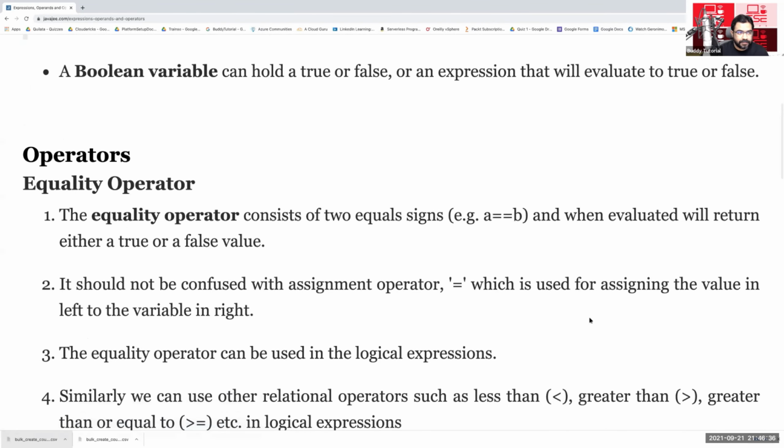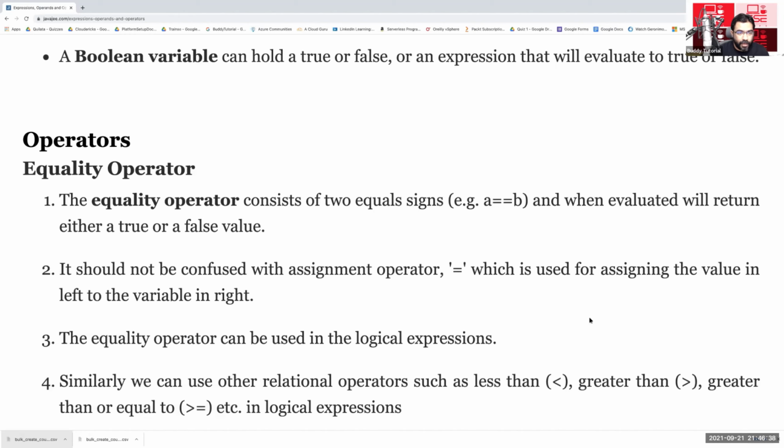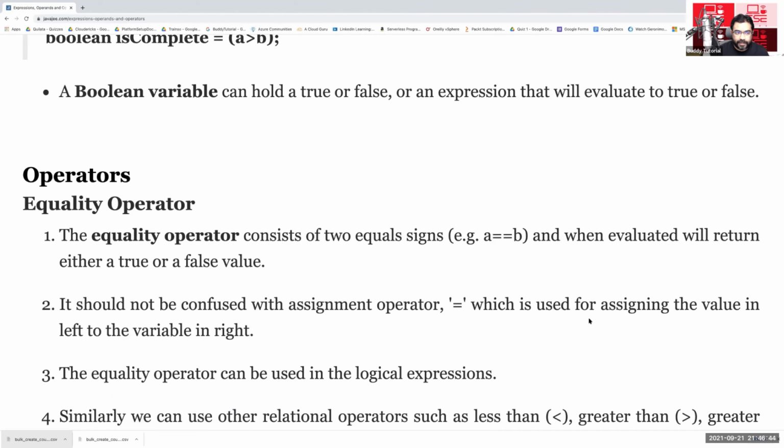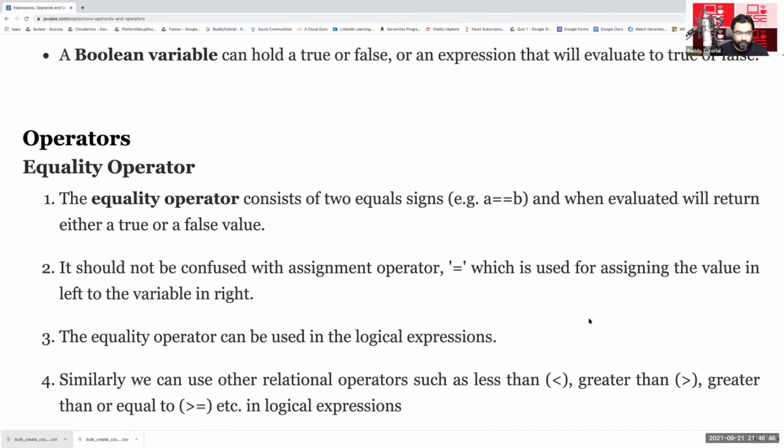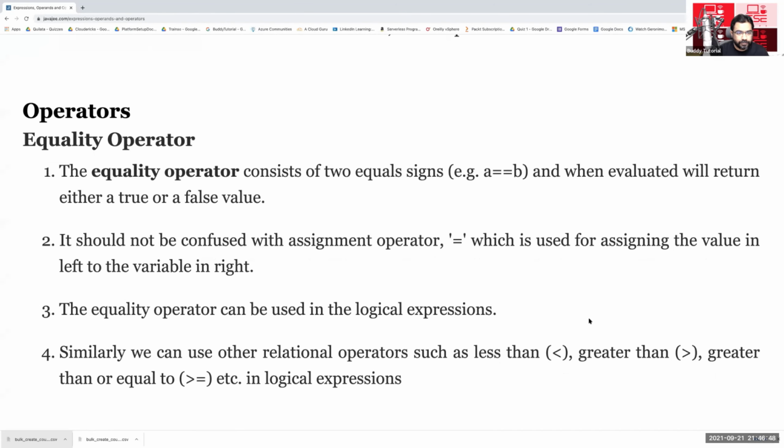Now operators. The equality operator consists of two equal signs, a equal to b, and when evaluated will return either a true or false value. It should not be confused with the assignment operator equal to. So here, in comparison, you have double equal to. When you say a double equal to b, it is a check whether a is equal to b.